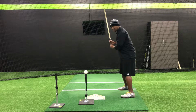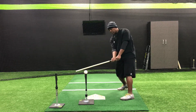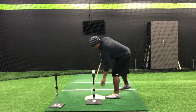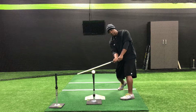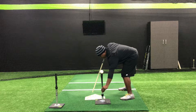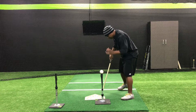Then we put balls in the outside half and we learn how to get to them with our swing for plate coverage. Then we can move the ball to the middle of the plate. And yes, I moved it directly across for drill purposes. We can get to the middle of the plate, wham, and we can work on getting through there. And then we move it in, and yes, I moved it directly across for demonstration purposes, and we learn how to get here from here. All right, so